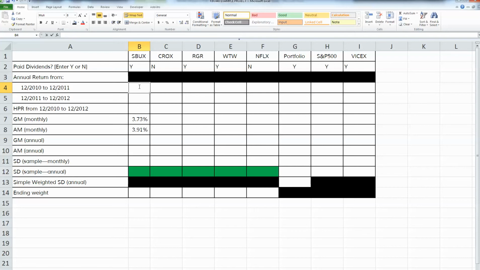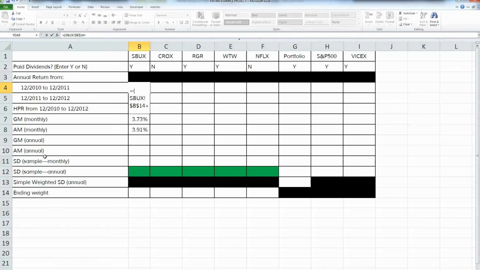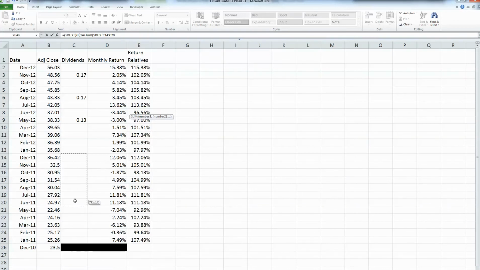So start my formula, and I'm going to do the holding period return for Starbucks first year. So it would be the December 2011 price plus any dividends, make that absolute, plus any dividends that I would have received during that year. So highlight the first year's worth of dividends, make that absolute,